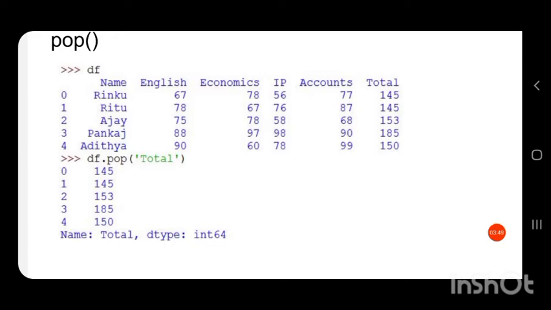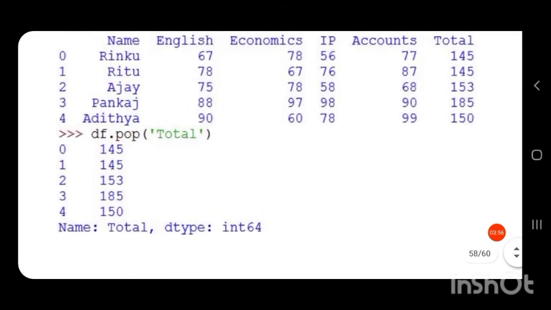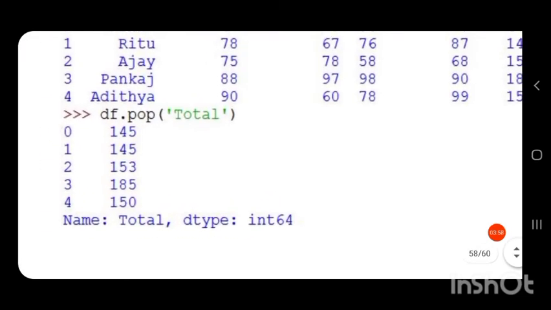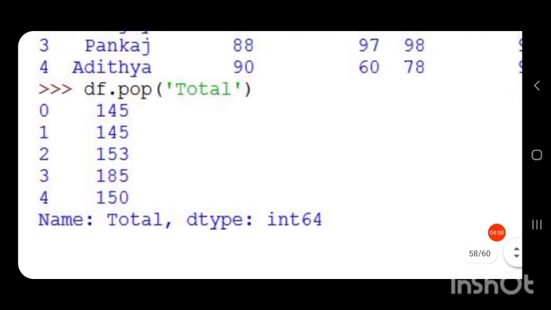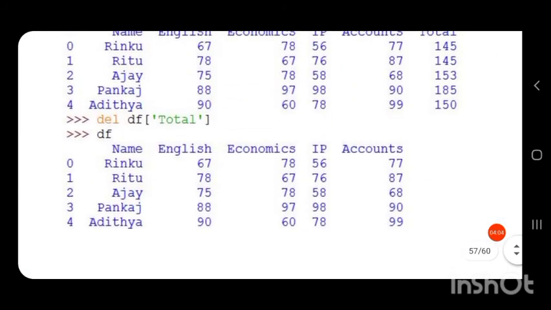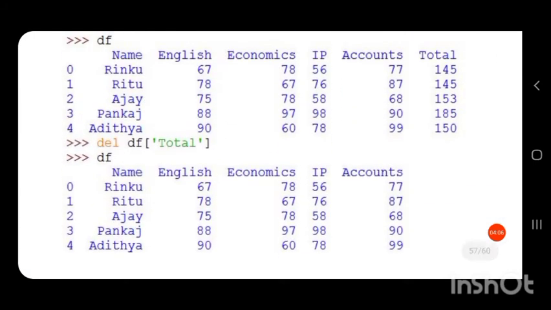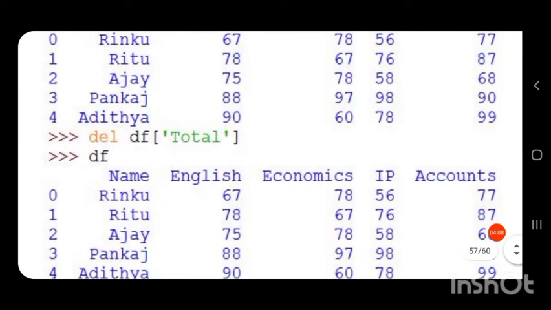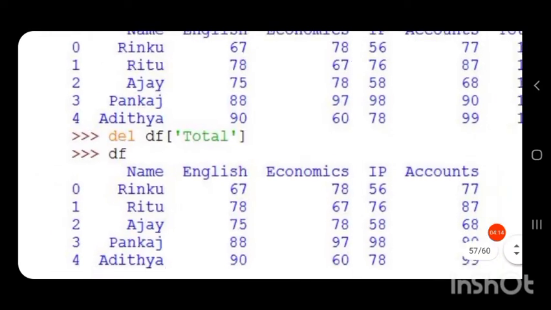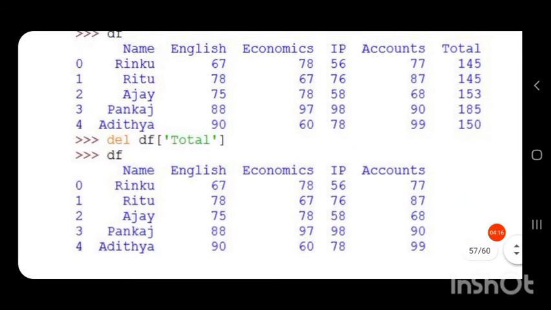If we execute this statement, you can see after deletion the pop command returns what it has deleted, but the del command didn't show anything. After del nothing has been displayed, but the next statement I have given is to show the data frame.